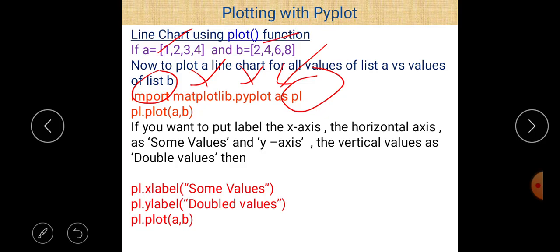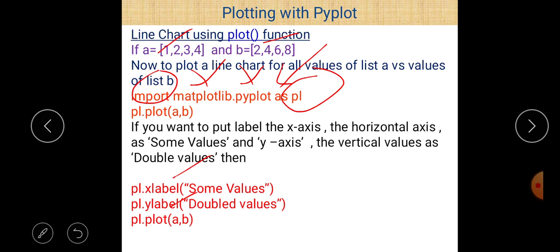So if you want to put the label of the x-axis, the horizontal axis, as some values, and the y-axis, the vertical axis, as double values, then we can use different functions here, xlabel and ylabel. So just write pl.xlabel. Now the label of the x-axis is named some values and the y-axis is named double values here.